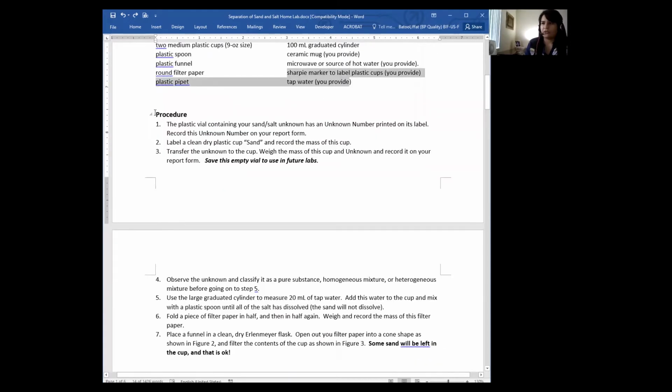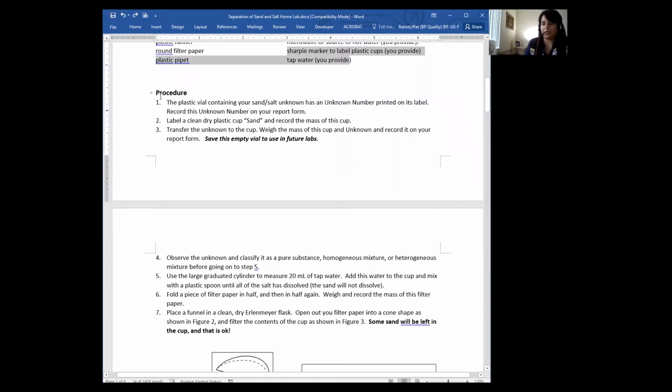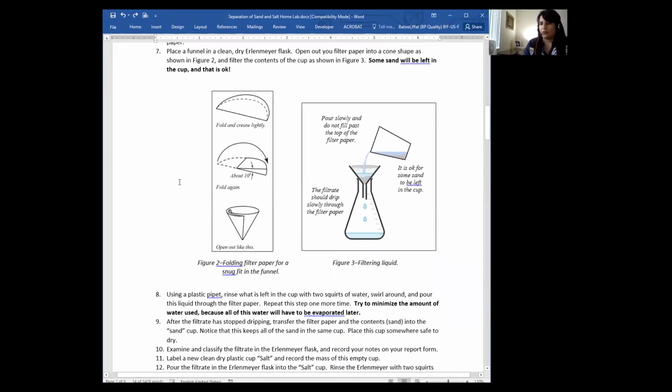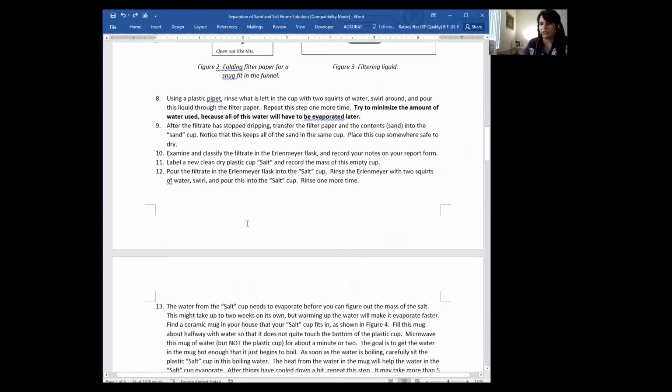Read through this procedure. It has a lot of detail and instructions on how you are actually going to perform this lab, so make sure you read this procedure. When you scroll through this procedure,